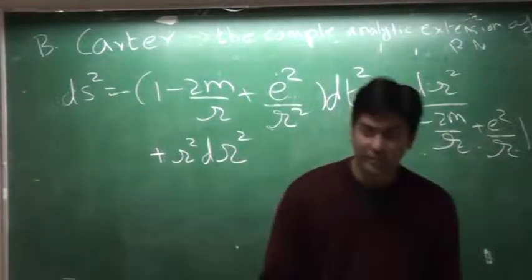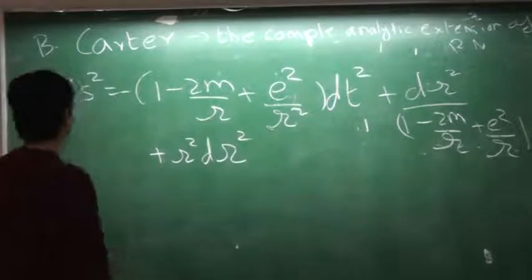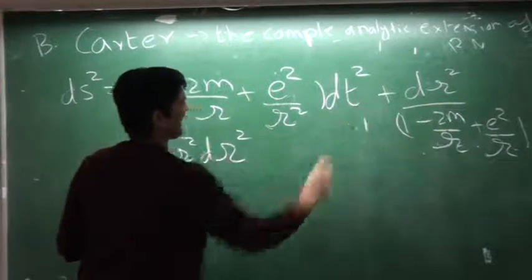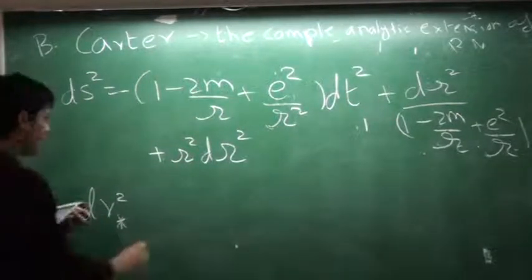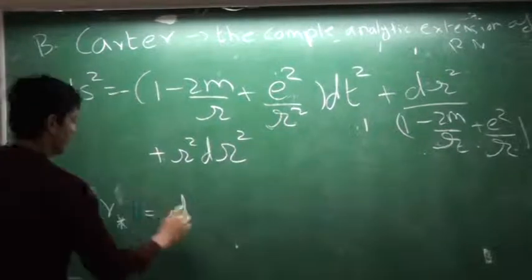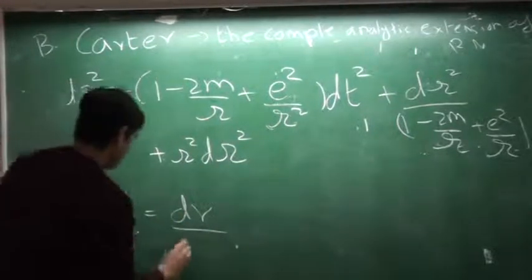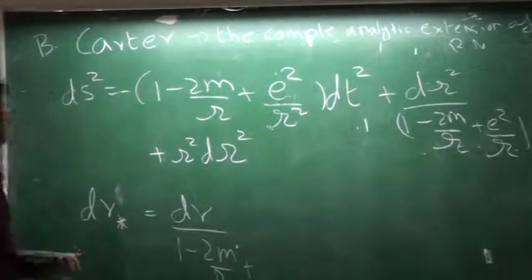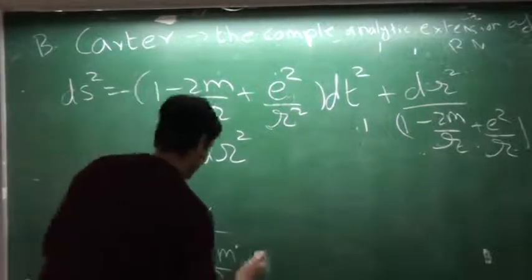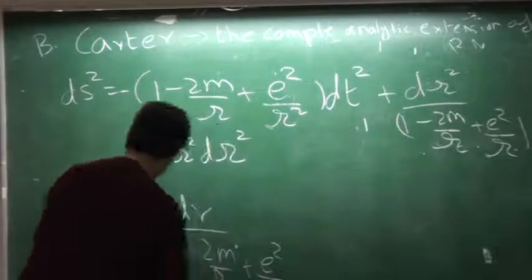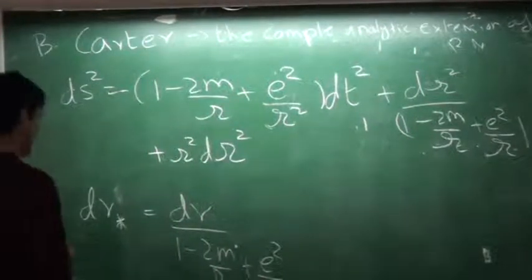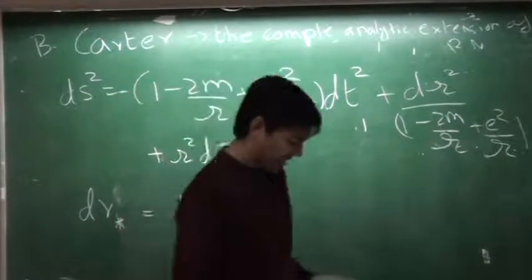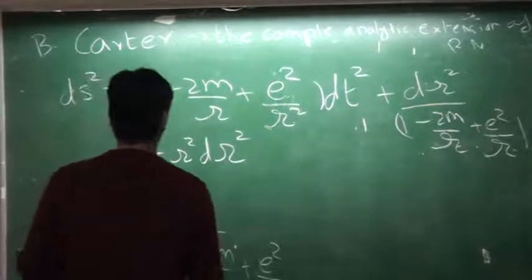Now, the main point is to introduce once again a tortoise coordinate. The trick to understand this is to introduce a tortoise coordinate, which is introduced to make the dt dr part look uniformly flat. So you want to introduce a coordinate that has this property, only the r's, I'm not going to write an omega now. If you can solve this equation, you'll find that